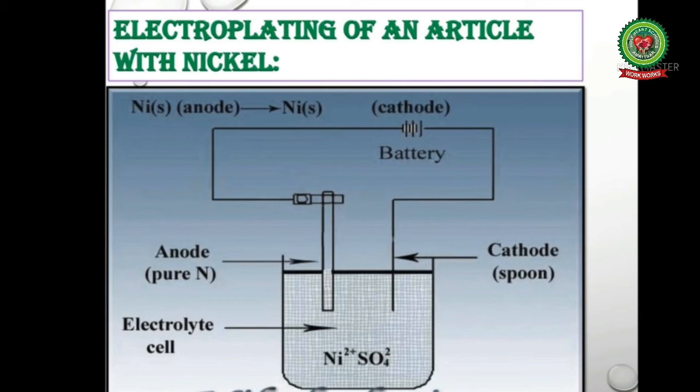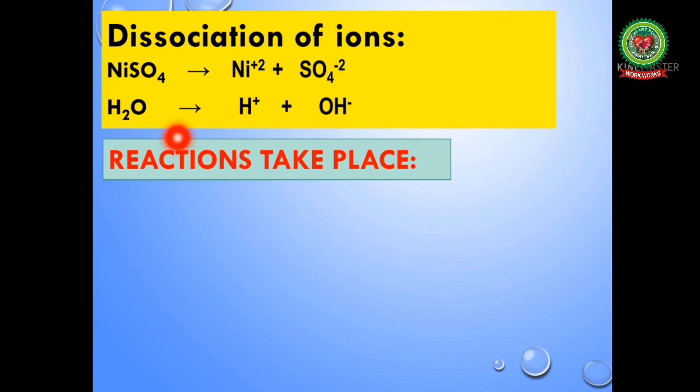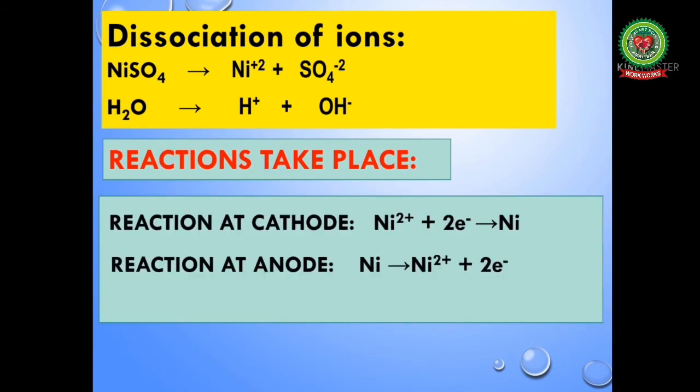As soon as the current is passed through the solution, nickel sulfate dissociates into nickel ions and sulfate ions, whereas water dissociates into hydrogen ions and hydroxide ions. So, the reactions which take place during this process: first one, reaction at cathode. Nickel ions are discharged at the cathode as neutral nickel atoms by gain of electrons. So the reaction is nickel ions on gaining 2 electrons form a neutral nickel atom which is deposited at the cathode,